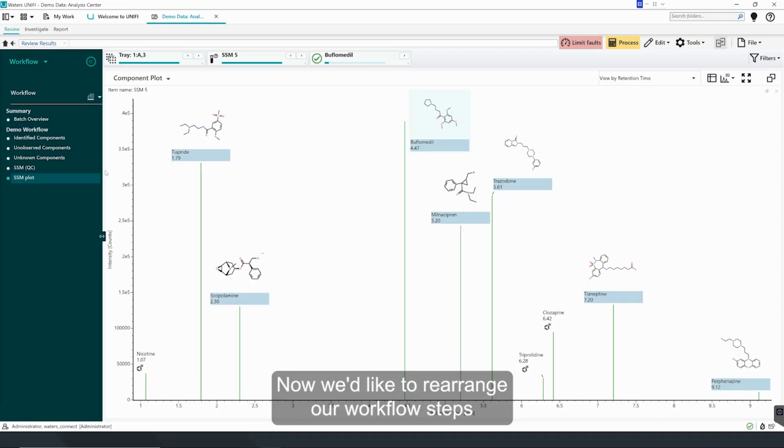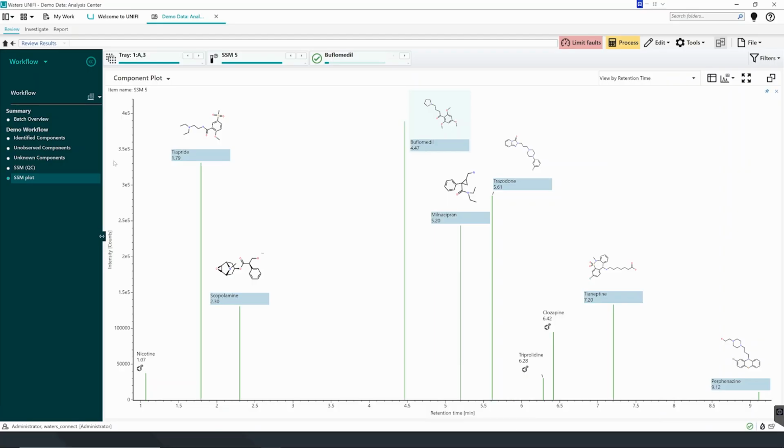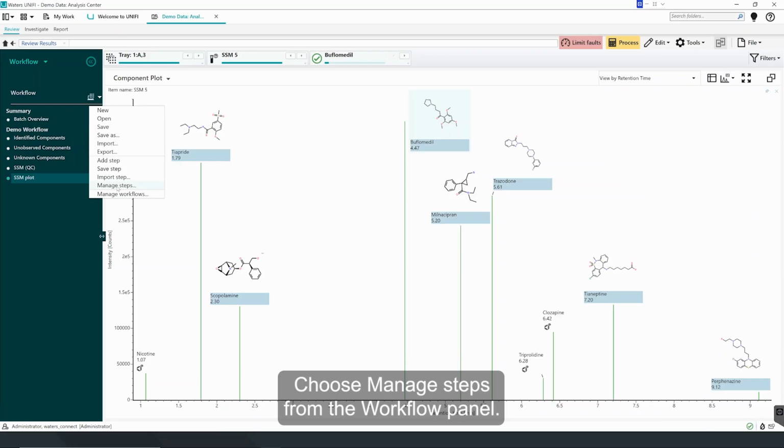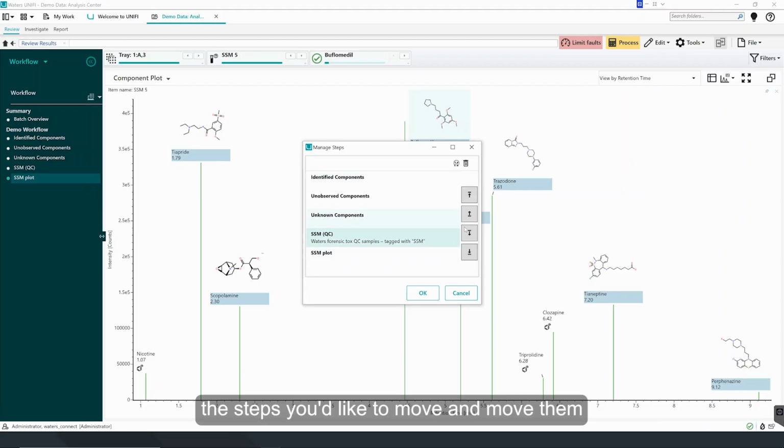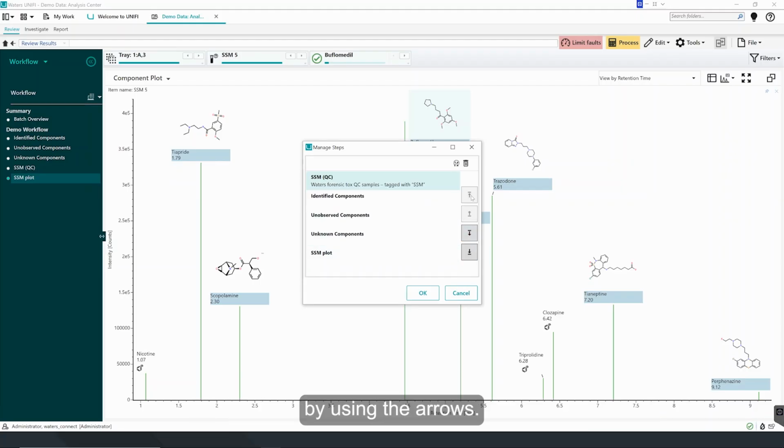Now we'd like to rearrange our workflow steps to bring the new SSM steps to the top of your workflow. Choose Manage Steps from the Workflow panel. Select the steps you'd like to move and move them by using the arrows.